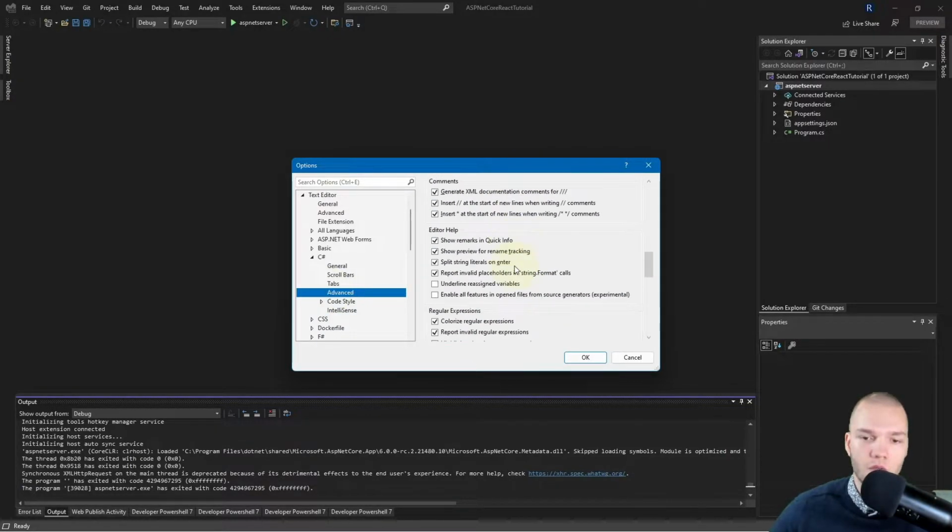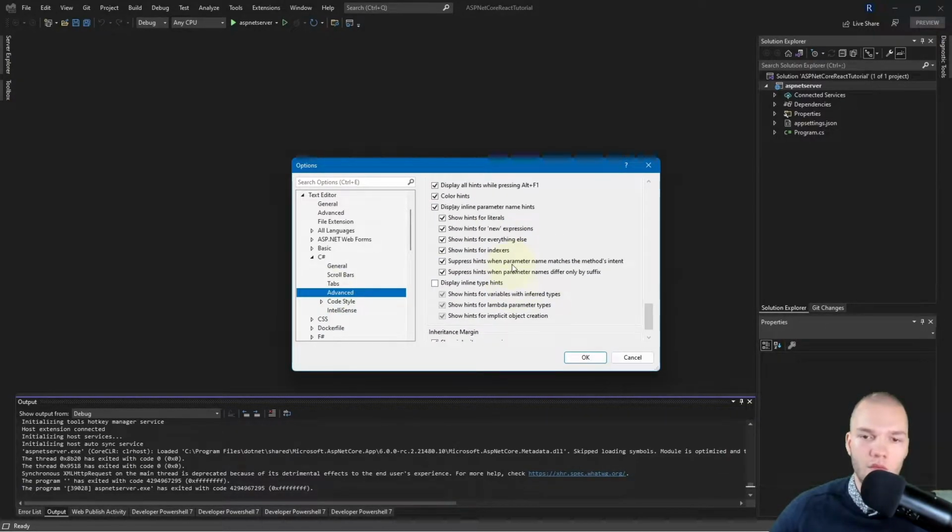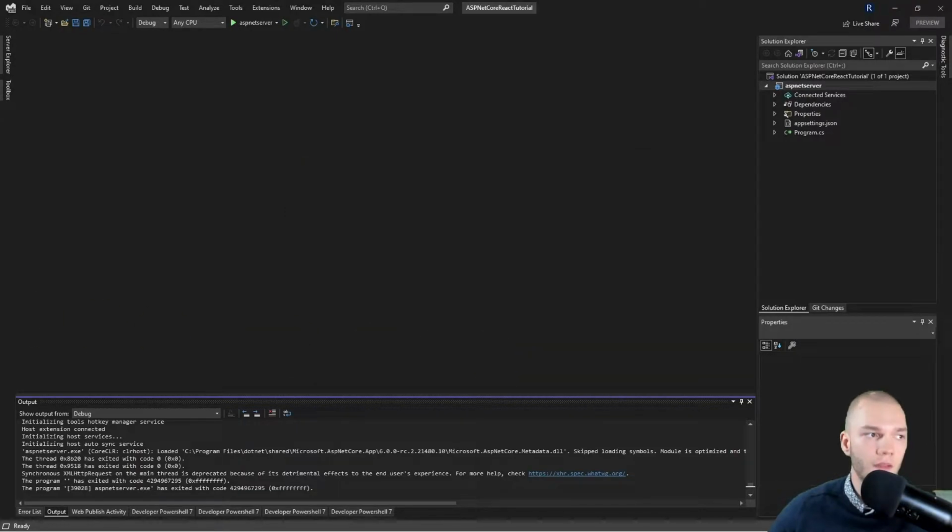And I'm gonna scroll all the way down to inline, to this one, display inline parameter name hints. And I have ticked it and all the sub settings. Then I'll just hit OK. And this is a nice little setting that shows me the parameter names of the methods I'm calling. And I just find it makes coding easier. Enabling this is just a preference though. It's up to you.